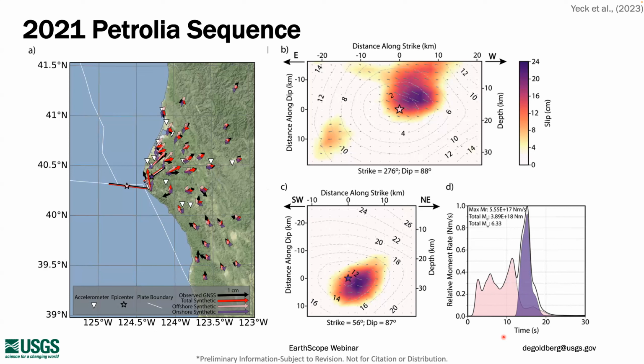We often recognize these complexities in large magnitude earthquakes involving multiple faults and variable rupture speeds, rupture durations, things like that. But we don't as frequently recognize that level of complexity in smaller magnitude events. And certainly in this case, if we hadn't had access to this dense network of strong motion and GNSS observations, we wouldn't have been able to resolve this level of complexity for this moderate magnitude earthquake.